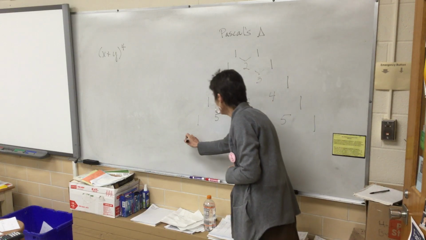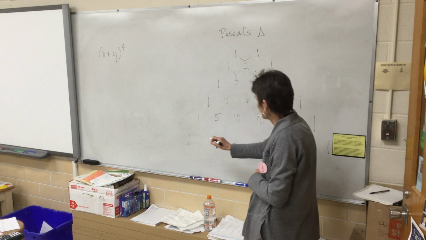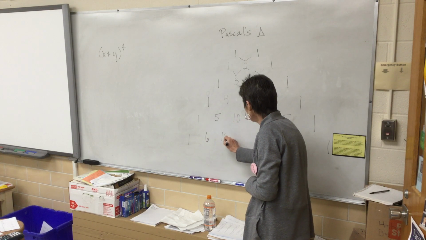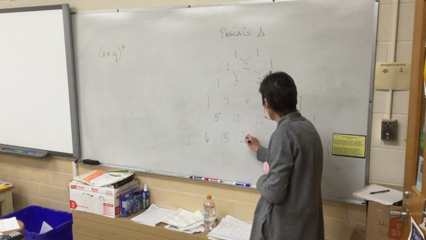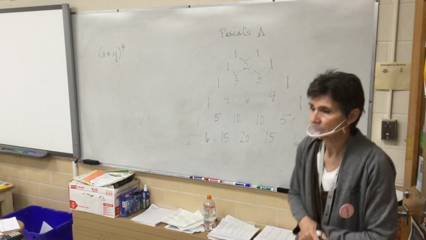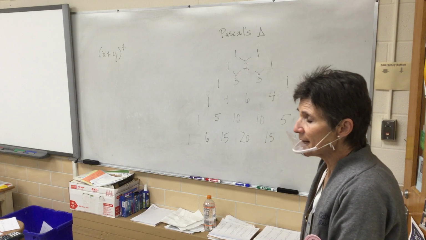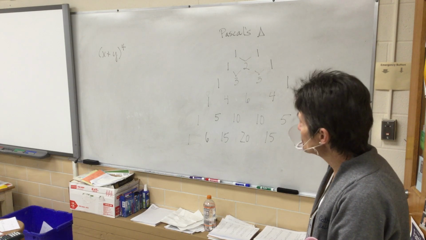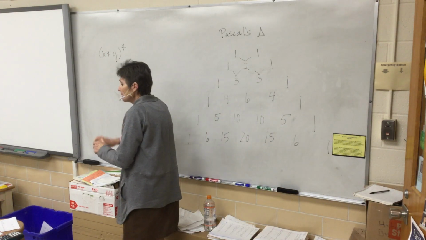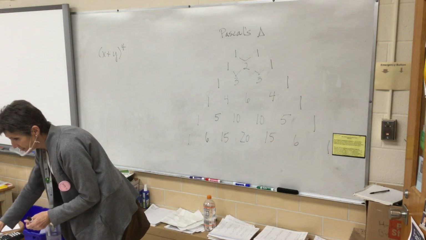So the next row, this is the last one I'm going to do here because I'm out of room on this side. But the next one will be 1, and then this will be a 6, and a 15, and a 20, and a 15, and a 6, and a 1 on the end. Now, what does that triangle have to do with this expansion, this problem right here? Well, if you are going to expand x plus y to the fourth,